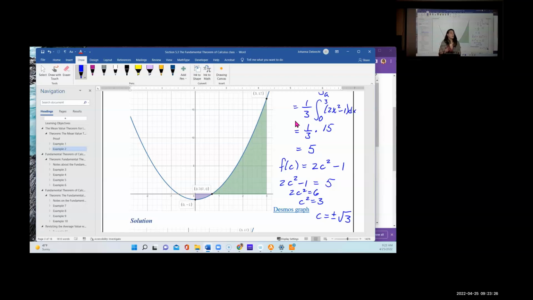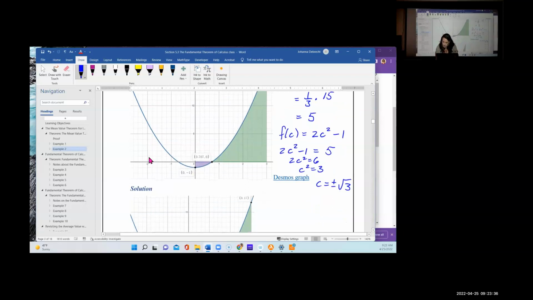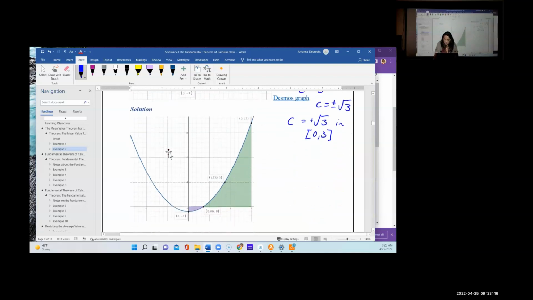But we're talking about an interval from 0 to 3. So the negative square root of 3 is not in my interval. The only one that I want is the positive square root of 3, because it is in the interval from 0 to 3. Now, if you look at the second picture that we have down here,